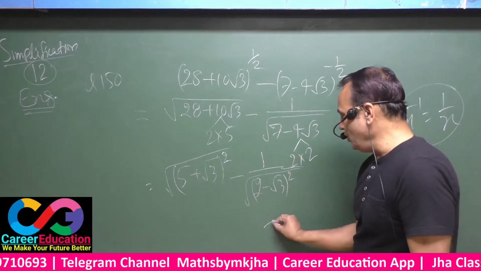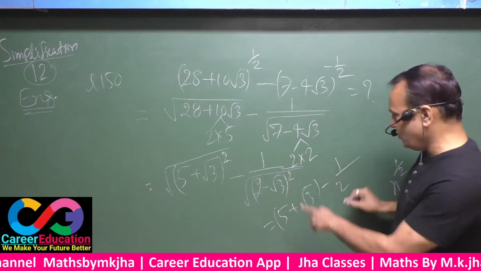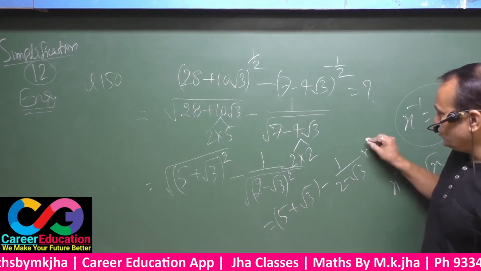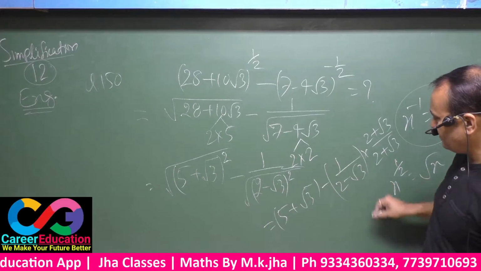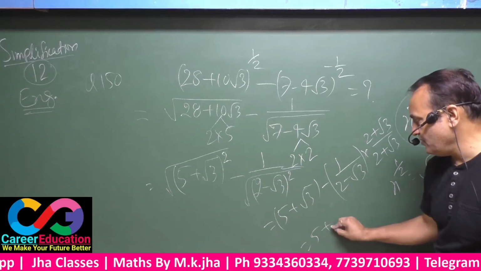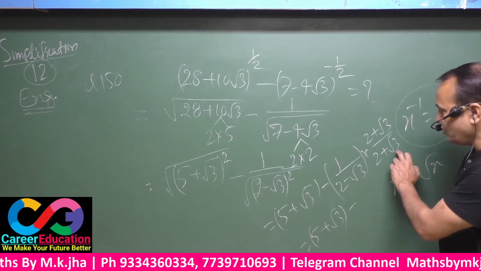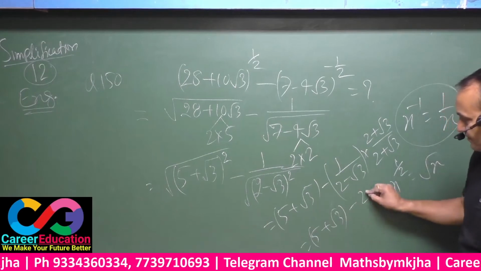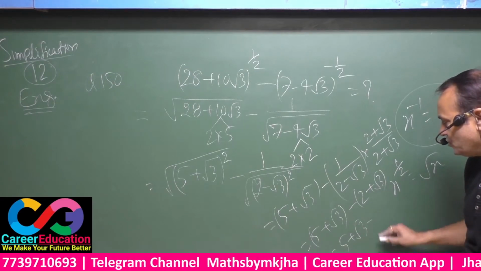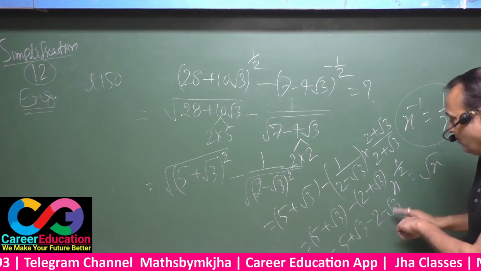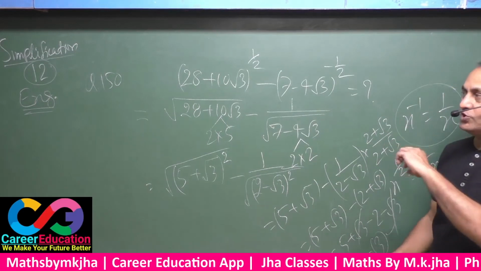Okay, now proceed. This is 5 plus root 3 minus 1 by 2 minus root 3. If this is 1 by 2 minus root 3, rationalization must be here 2 plus root 3. Now see, this is 5 plus root 3 minus, this is 1 only, 2 square 4 minus root 3 square 3, that is 1. This is 2 plus root 3. Now after breaking the brackets, this is 5 plus root 3 minus 2 minus root 3. This will be cancelled and thus you got the answer 3. That means the answer for this question is only 3.